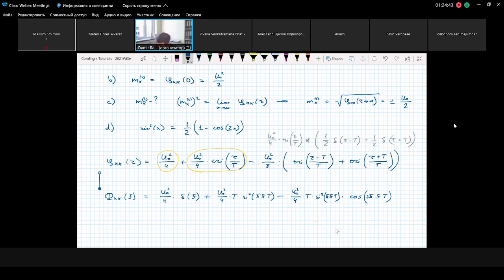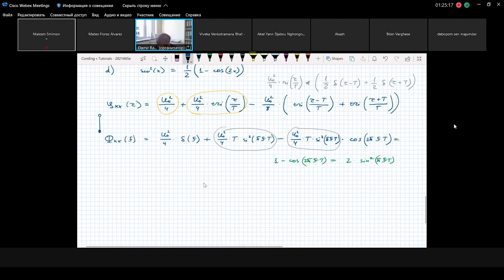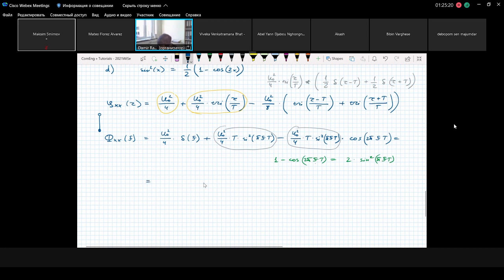And now what we can do further, if we move outside parentheses u0 squared over 4 times T times c squared from the last two terms, inside parentheses we will have 1 over cosine 2 pi f capital T, which is nothing else, if we use the hint above, as 2 times sine squared pi f capital T. And it helps us to rewrite our expression and get the final result, that we have u0 squared over 4 times